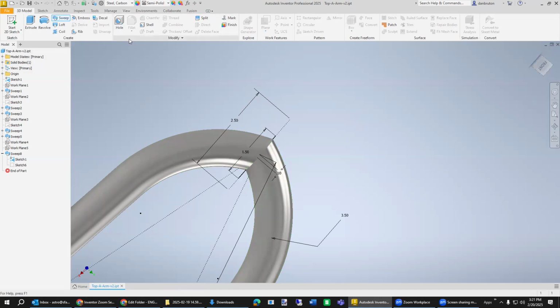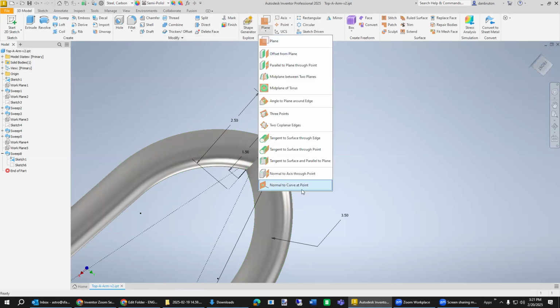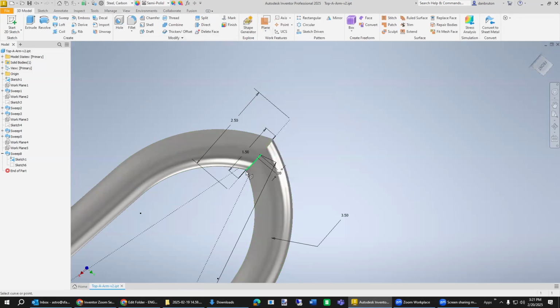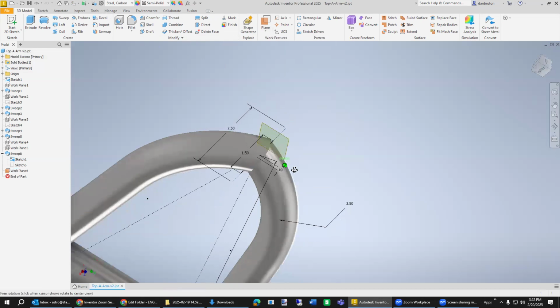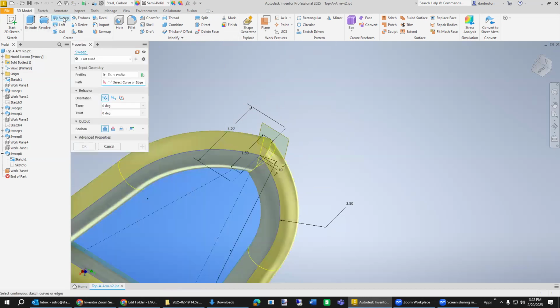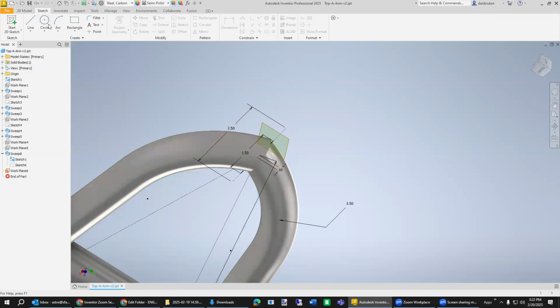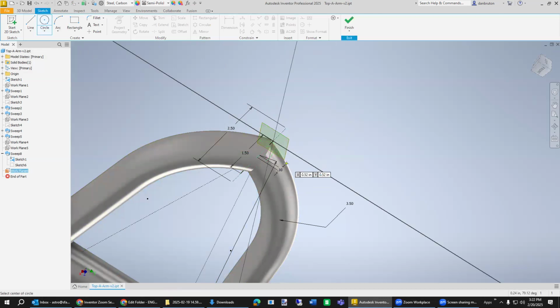Do our standard thing for our sweep. Plane, normal to curve at point. There's the curve. There's the point. Then we draw a circle on that. Extrude, cut it, or actually sweep rather. Oh, not ready for the sweep yet. We've got to draw the circles first. So we draw this circle on this plane,